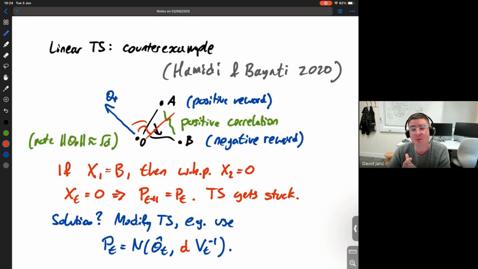Now, two arguments for why it's fine. A, this is what happens out of the Bayesian prior and everything works fine in the Bayesian case. B, linear UCB doesn't care about the norm of theta star until theta star crosses the square root d threshold. So linear UCB regret is sort of the same all the way up until this threshold. If you have theta star greater than square root d, linear UCB ends up getting more. So that's a suggestion that maybe everything should be fine.